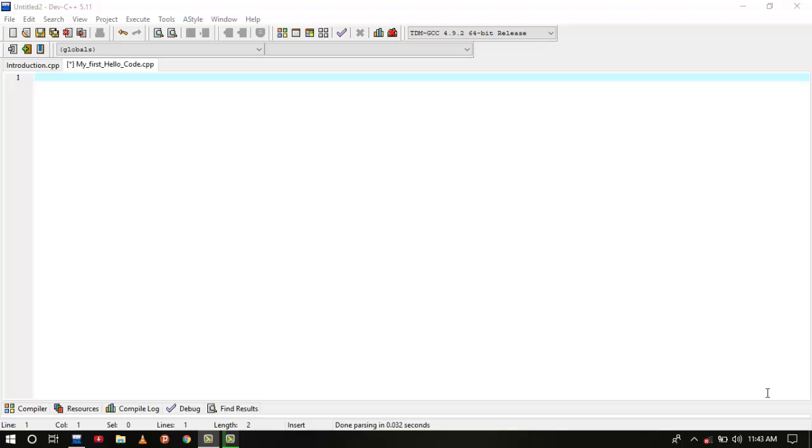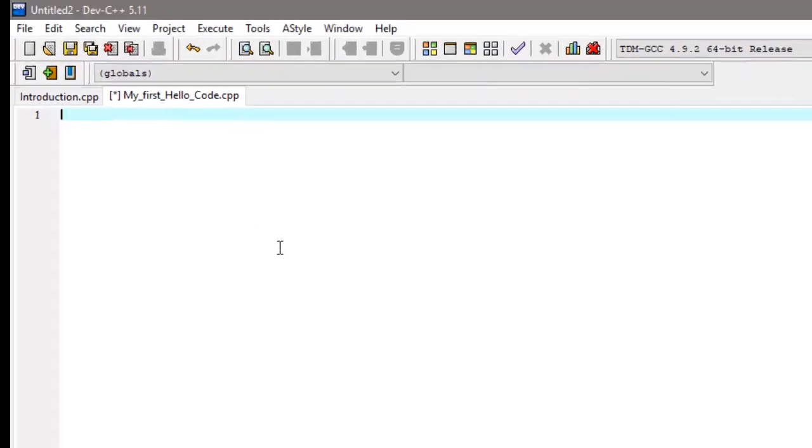So, welcome back. We will be going to write a code for a hello world. I have created this file. One thing I have to mention: if you are familiar with this compiler, I am using this application, Dev C++